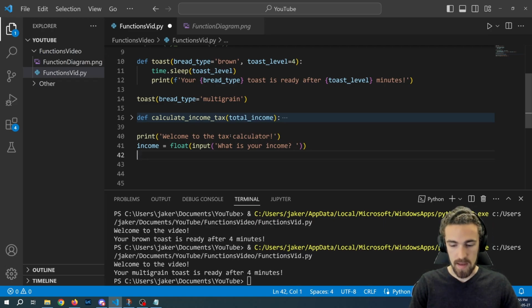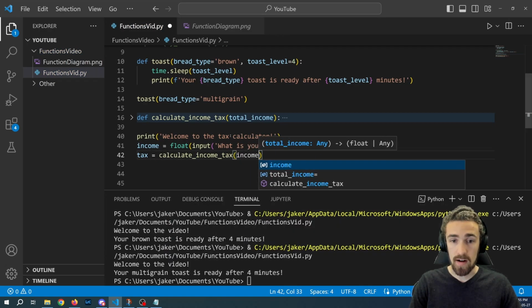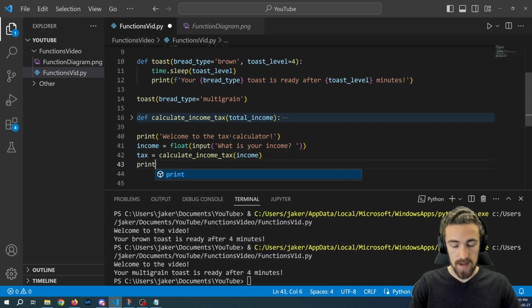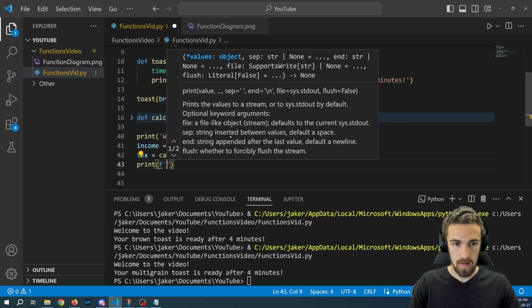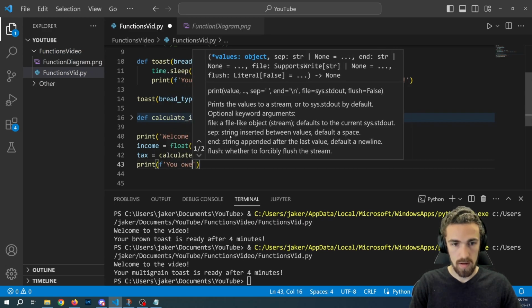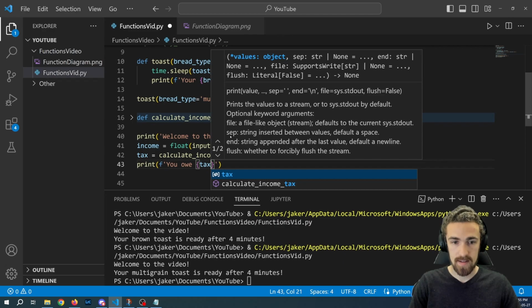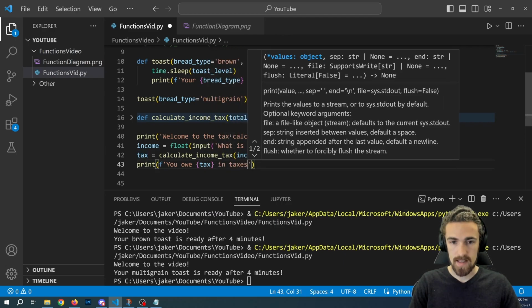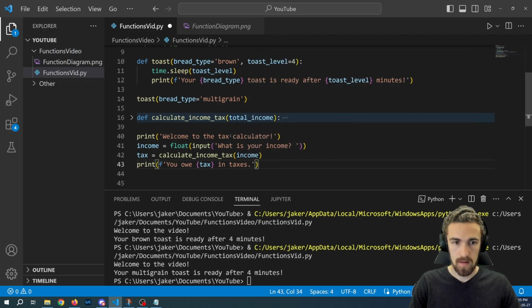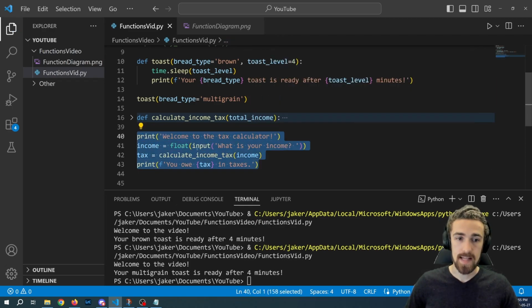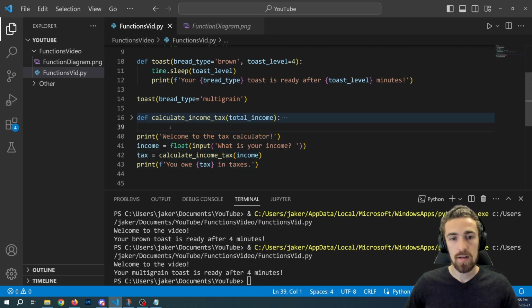And then we're going to actually say tax is equal to calculate income tax on their income. And then we're going to print to the user, you owe this much tax in taxes. And so we've actually made a little tax calculation script, and we've abstracted the complex function from our code. And so this function can be changed a lot easier, and we don't have to change anything about how the program flows. So if we run this,